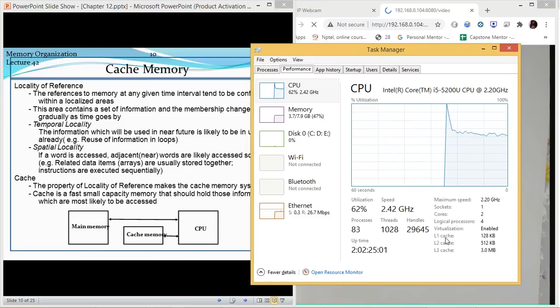Now, layer 1 is the smallest cache. As we move from L1 to L2 or L3, the size of this cache increases. Now, what happens in this? In L1, we have the data which is very frequently used by your CPU. The second layer has data which is less frequently used by your CPU. L3 is the same: the least frequently used data among these three. Whichever data kept in cache is least used, that is kept in the third layer.